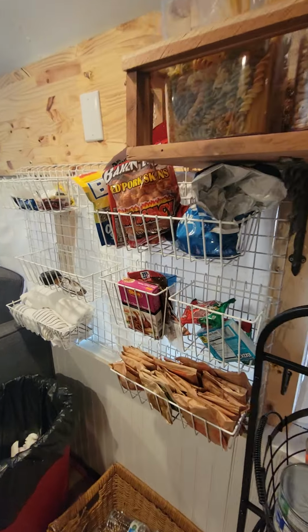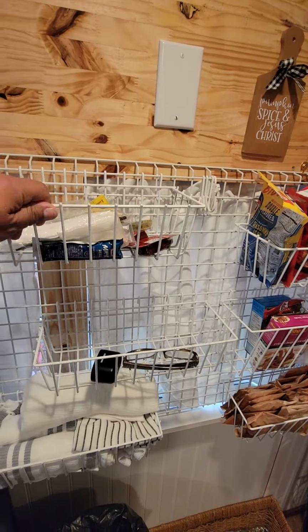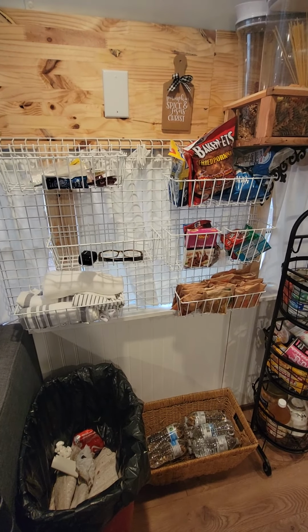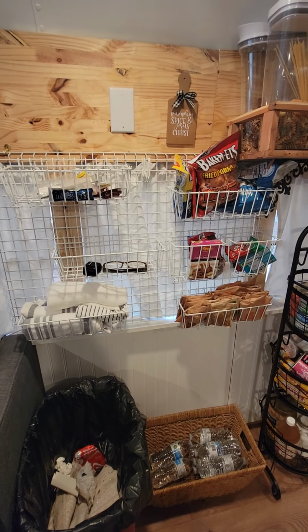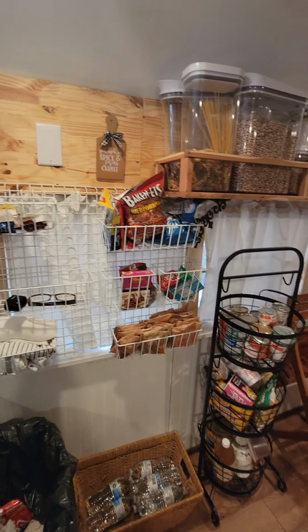We got these two, I don't know, what do you call it? Wire racks, I guess, hanging racks. We can move them up, move them down. And we haven't got full use of that yet because we just got it, and we're trying to figure out what best to put in there, what makes it look good, what we think is going to be more convenient for us. But the table